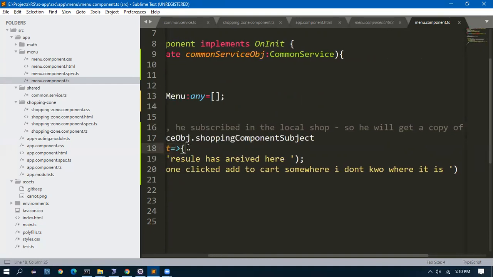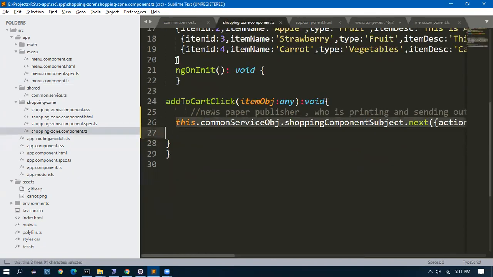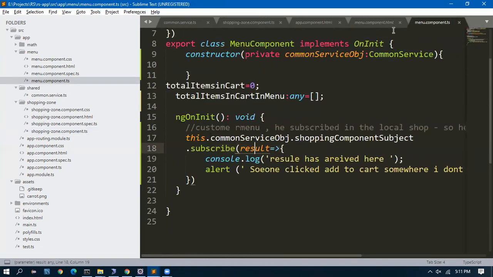We see that it is published in 5 or 6 different areas. We don't know. I mean, few newspapers are printing, but just take this example. He will not know from where it came. All he knows is, I subscribed, I got a message. Now you can correlate with whatever we did yesterday. All programming is removed. Whoever is clicking will have to just send it to the common service. Whoever wants can subscribe to the common service and retrieve it. That is all. It is the end of story.